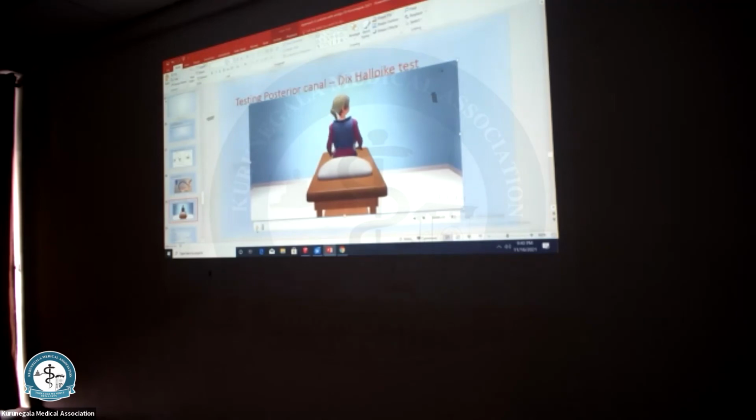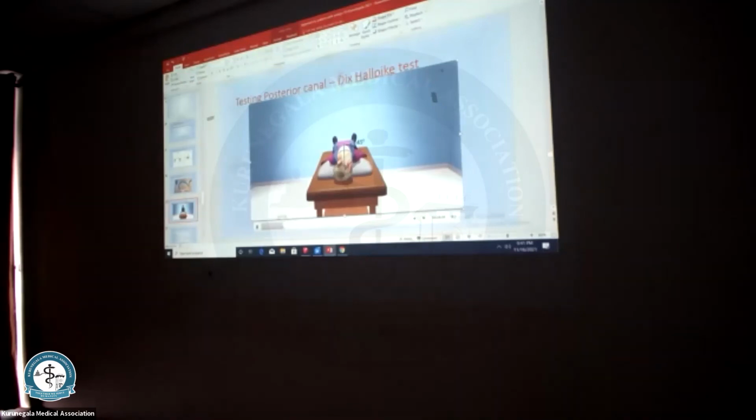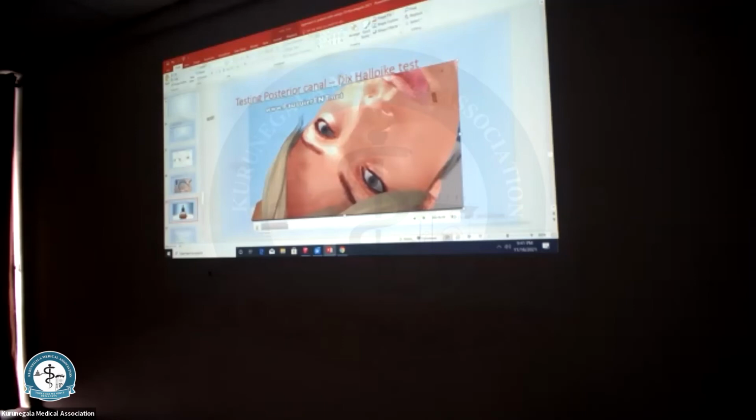That is to bring the posterior canal into the plane so that the particle will move along. That will bring on the typical nystagmus. See, it is on the right side, a counterclockwise rotatory